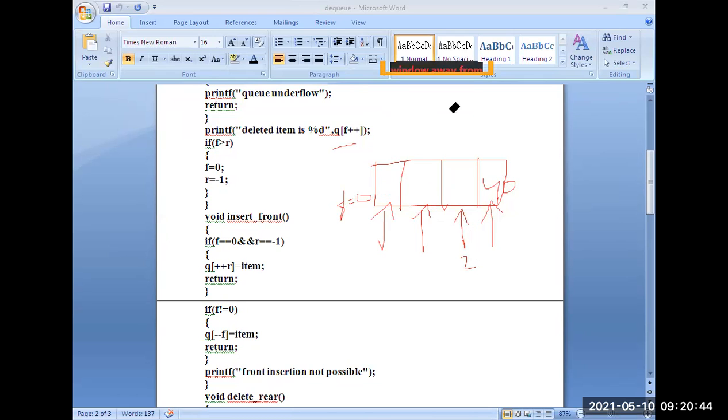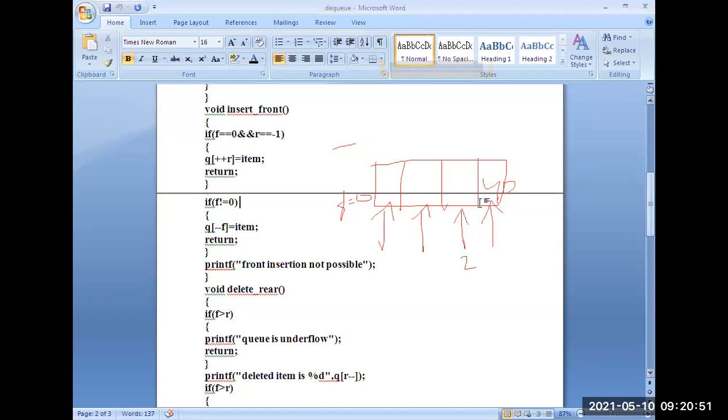You can directly see here in this case. Here f is not equal to 0 in this case. No, f equal to 2 here. For example, f is here only. If f is here, you cannot delete this.